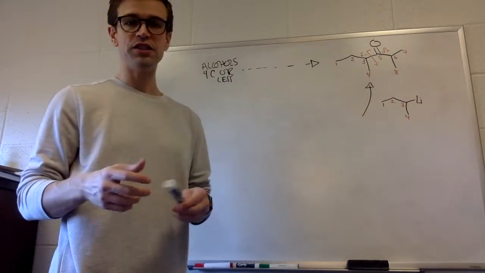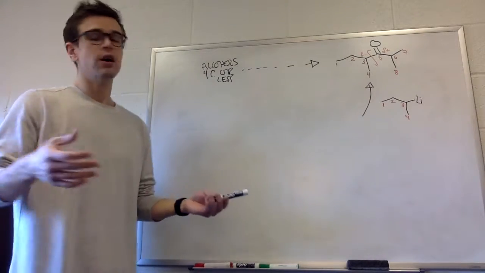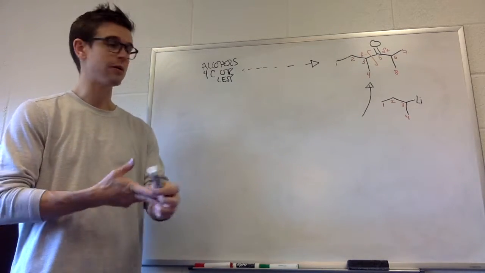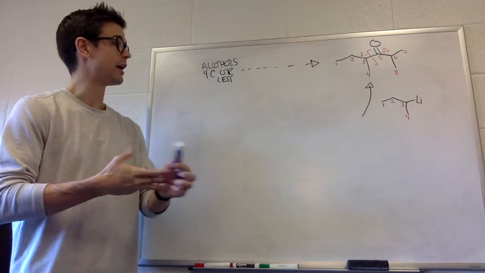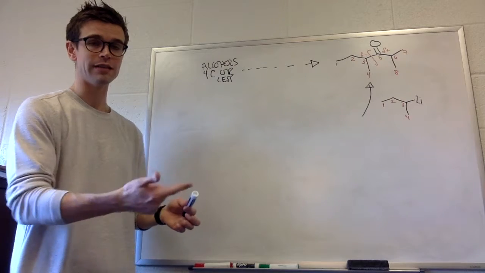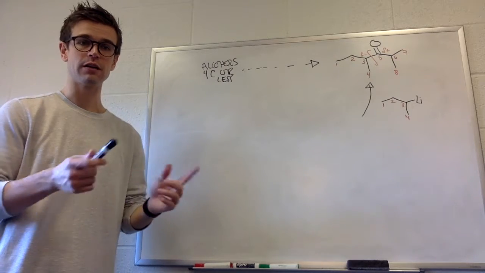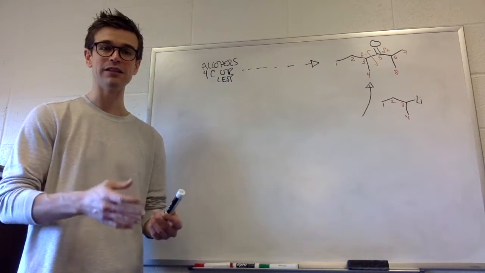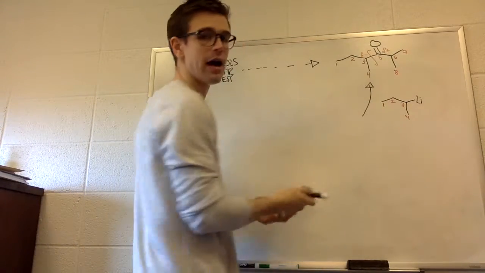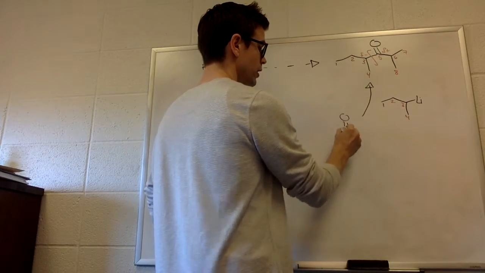And in this chapter, we know how to add organolithiates and Grignards to a lot of different things. But if we add it to an ester, a carboxylic acid, an amide, or an acid chloride, we can't stop at a single addition with the acid chloride or the ester. It adds multiple times, and we don't want that to happen. And we can't add them to the carboxylic acid or the amide because that will lead to just a deprotonation. So we have to be adding this to the aldehyde. That's the only way that we can just add a single equivalent of this. So if we have the aldehyde